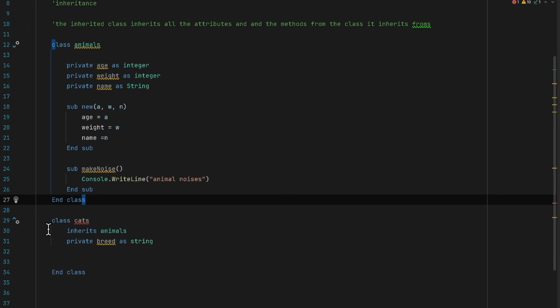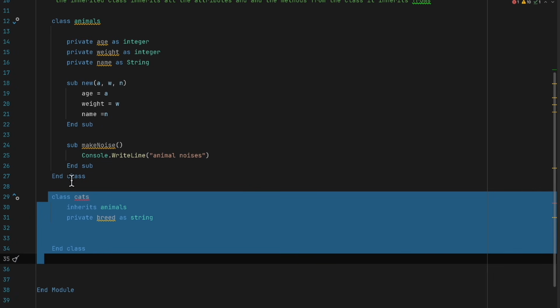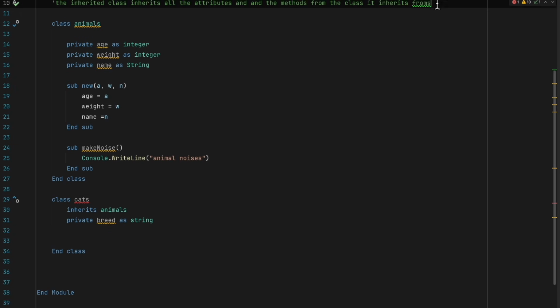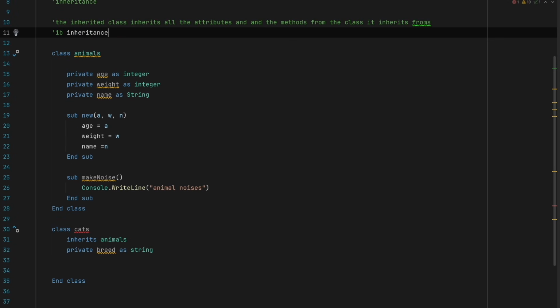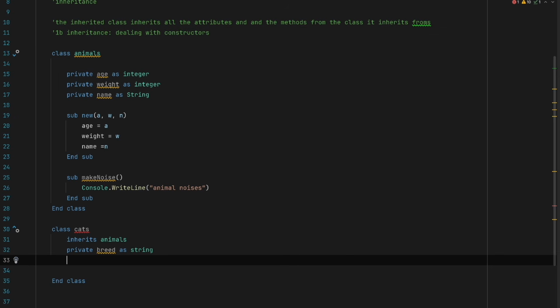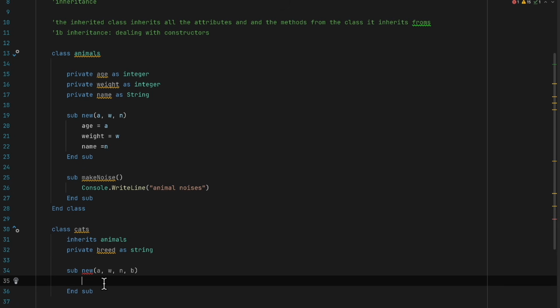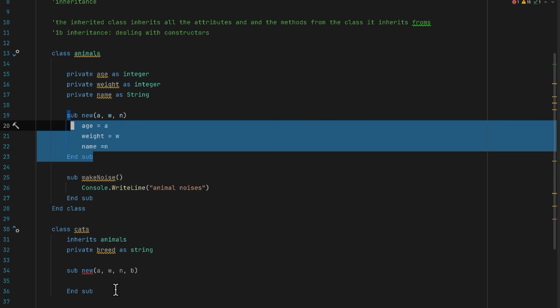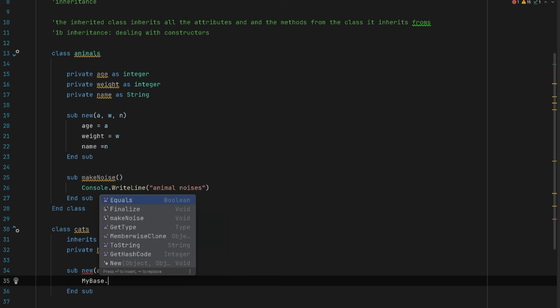Now we can talk about how to deal with constructors in the children class. So let's put it here: 1b inheritance, dealing with constructors. As always, we can just write Sub New, and then we can take the age, weight, name, and then the breed as the parameters. And then inside the constructor, we have to do something a little different. What we have to do is call the parent class constructor. So we have to say MyBase.New